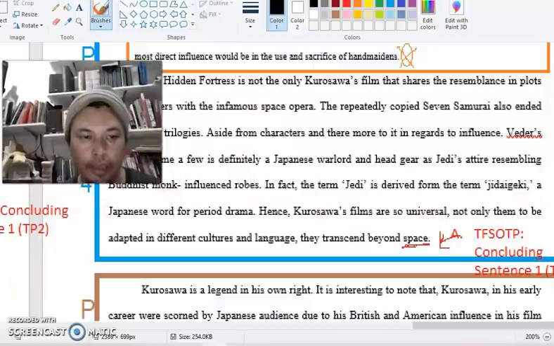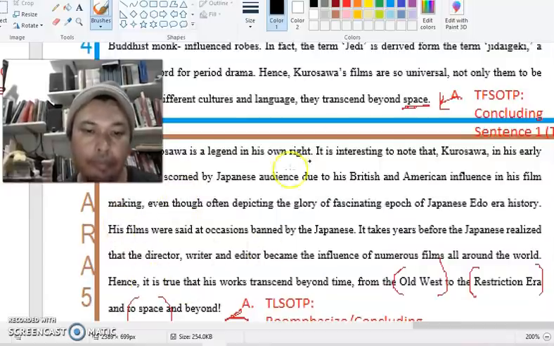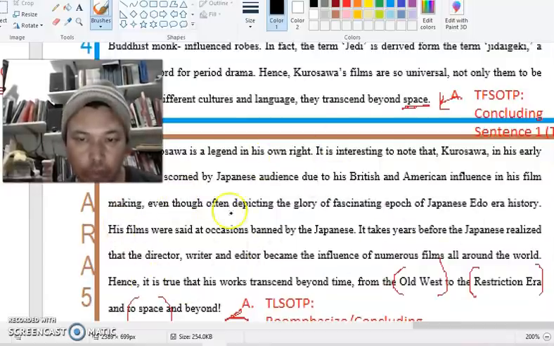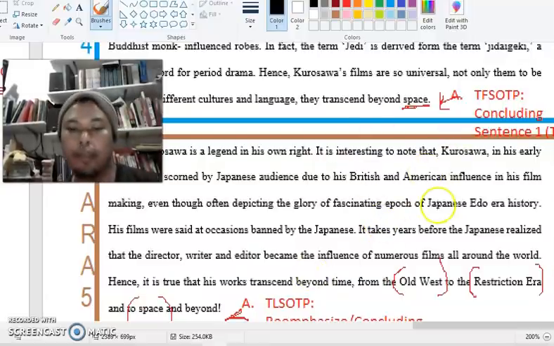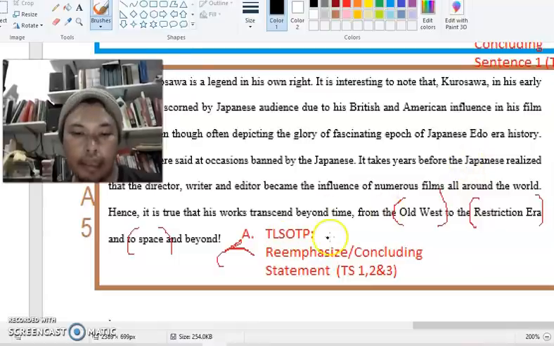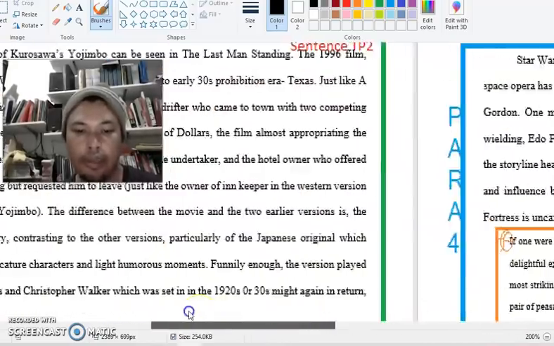All right. And then the last paragraph is paragraph 5. You have to conclude them. Conclusion is not supposed to be that long. You conclude it, and then in the last sentence of the paragraph, you write the three thesis statements, topic sentence 1, topic sentence 2, and topic sentence 3. So that's about it. How you write the